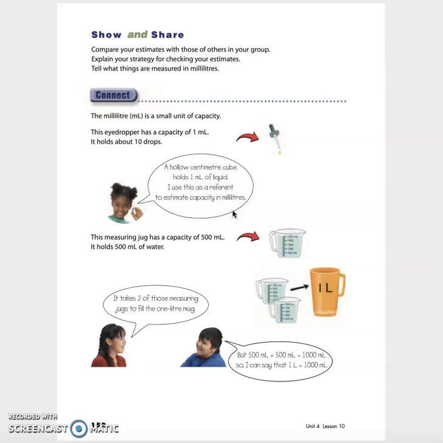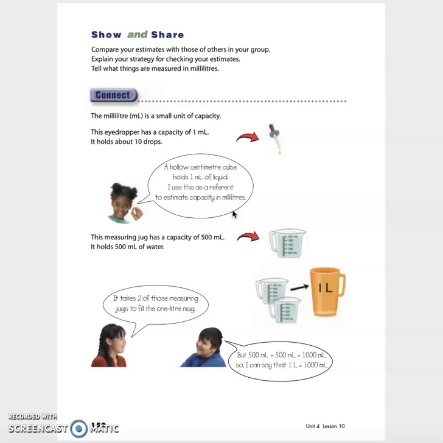We use milliliters probably more than liters on a daily basis. If you open up your fridge right now and take a look at any of your condiments, your ketchup, mustard, relish, they're all going to be measured in milliliters. A box of juice maybe you have is perhaps 500 milliliters. A can of pop, you're looking at 355 milliliters. So it's going to be pretty common for our daily use. If you like to do baking, same thing. You are going to be using milliliters most likely to figure out how much of something you need